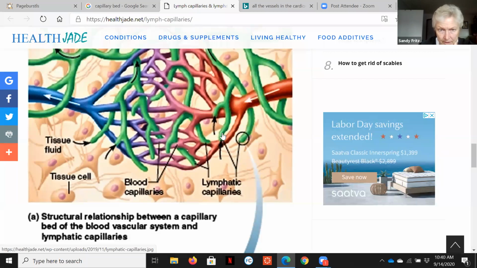And then these little open-ended lymph capillaries, they open up, and the pressure is less in there, and the fluid then just kind of goes in. And then once it's in the tube, then it uses the generalized movement of the tissues around it to push it